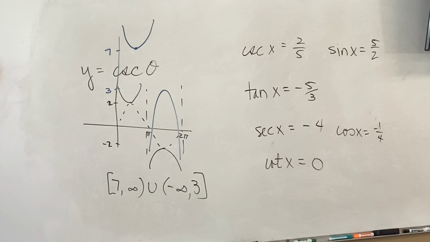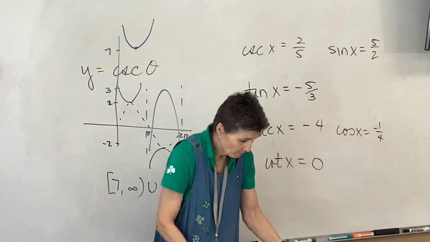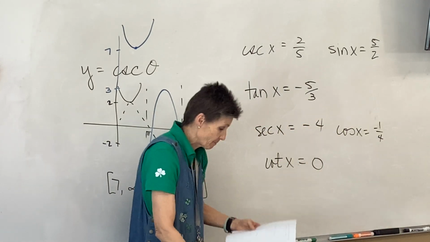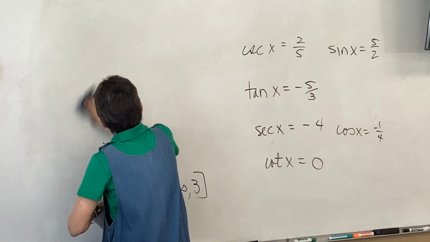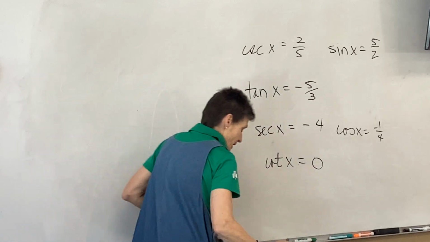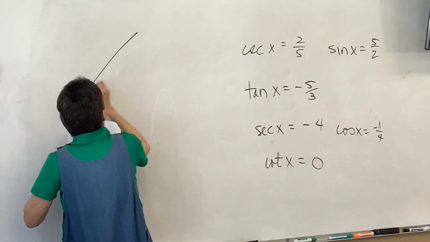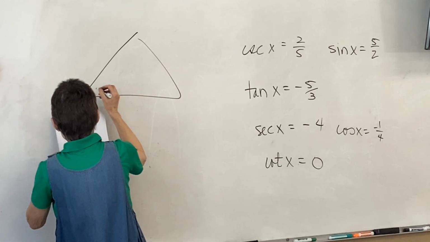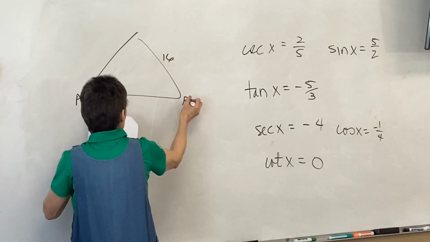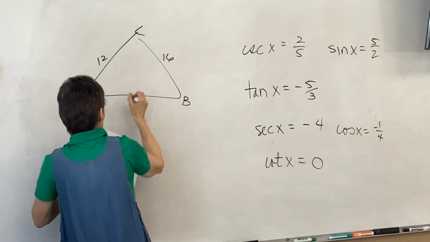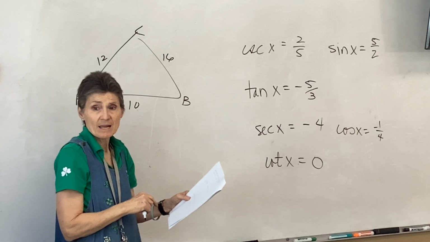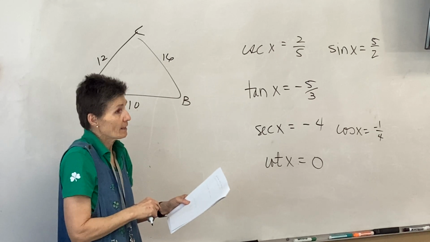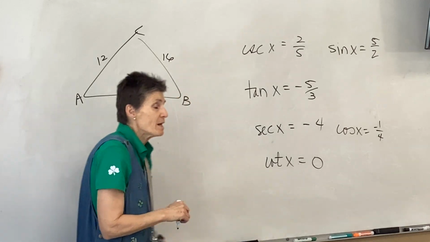And if you were here taking notes, you know that we were on section 5-6, problem 2C. And the question said, find the area of this triangle. I don't remember exactly how I had it before, but it was this kind of triangle. And we were going to find the area of the triangle, and we agreed that if we were going to